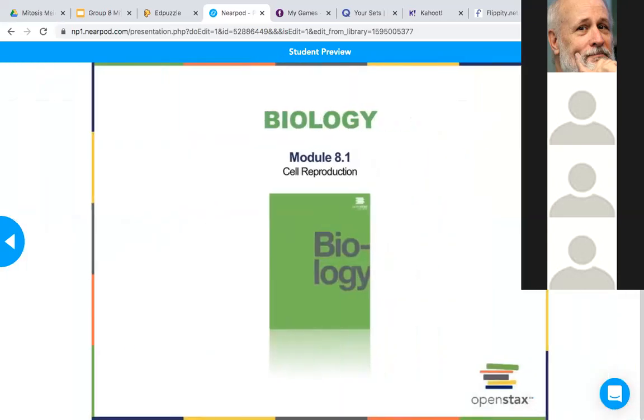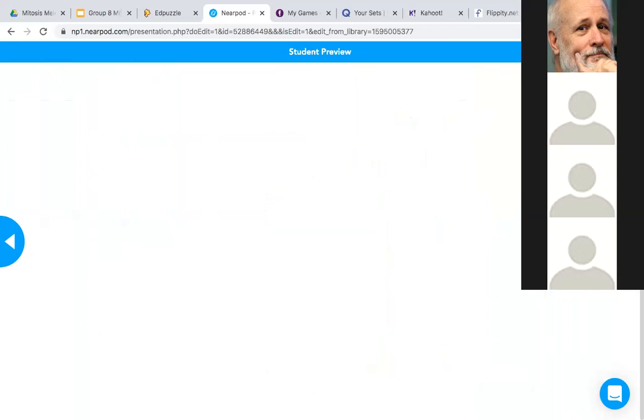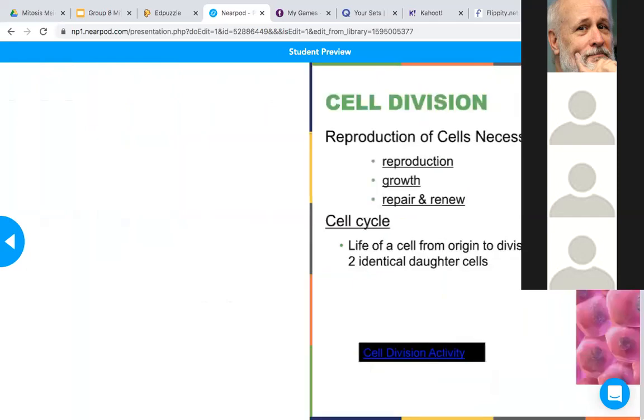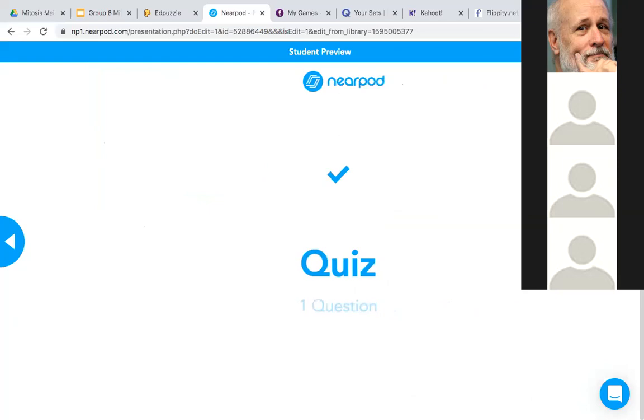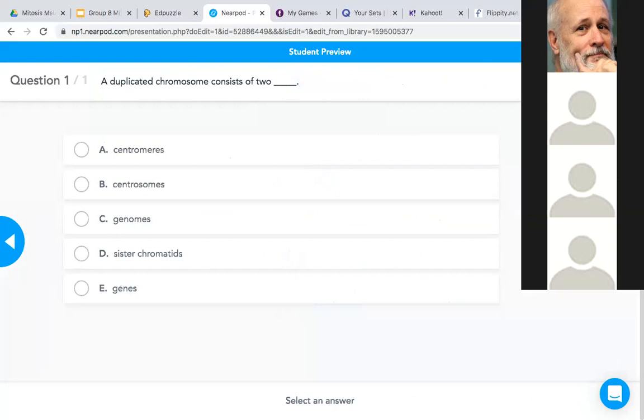But for me, what I do every single class, I've loaded all my PowerPoints into Nearpod. So when I lecture, I'm actually going through this Nearpod instead of my PowerPoint. I'm just advancing through my slides. I'm talking about it. They're writing notes. And then every so often in the lecture, up pops a quiz question. And again, this is what it looks like to the students. What it looks like to me is that pie chart where I can see right away, did they really understand that concept or did they not?